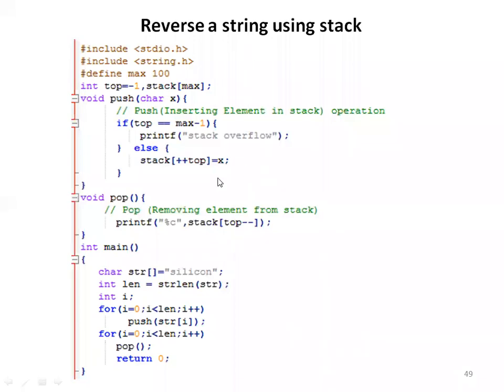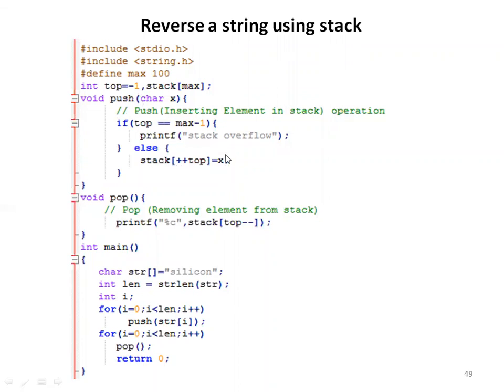You have to increment the top value. That's why here you can see stack[++top] is written. So stack[++top] equals x. This is pre-increment. Pre-increment means first the top will be incremented, then the value will be assigned. Yes or no? Yes, sir. In the push operation, first top will be incremented by 1, and after that you can assign the value, you can push the element. So that's why it is ++top, pre-increment: first top will be incremented by 1, and then we assign x. This x is what we pass to the push function while calling it, so it is assigned here. This is the push function.